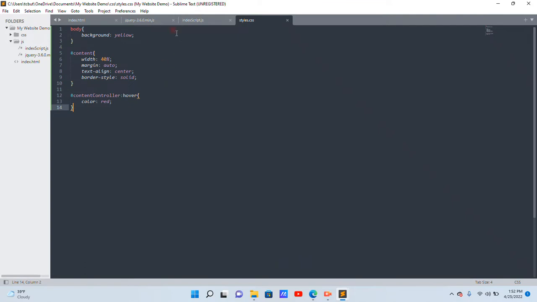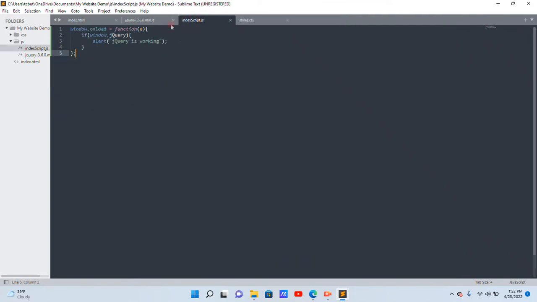So we have that working. Now we need to go into our index script. So we made sure jQuery was working, so now it's time to use it. To use it, we can go the money symbol, and then we will use